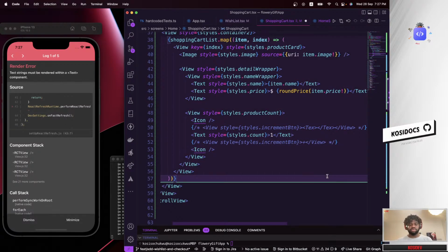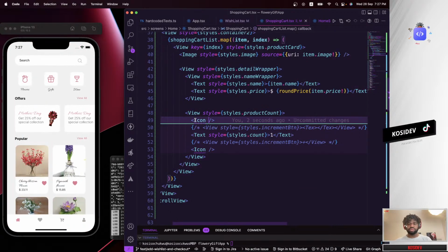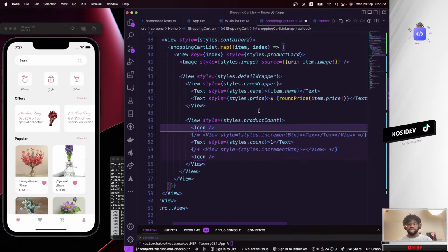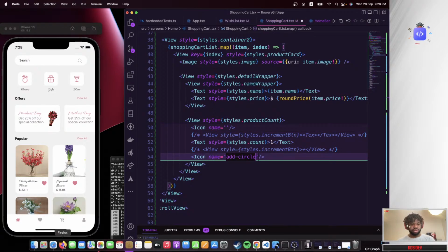There we go. And we need to import this ionic. So inside ionic icon, I'm going to say name is going to be what I just copied now, add circle. No, it should not be the add circle. So this should be name add circle, and this one,